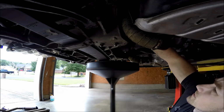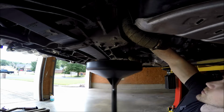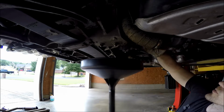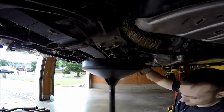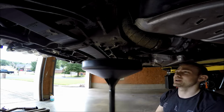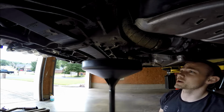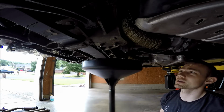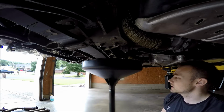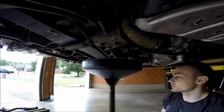So that's what I got. I got Dexron 3 to replace it with. And I can't remember what the Royal Purple stuff was. It was like Royal Purple 7590 trans fluid or something. It's just too thick. It doesn't work. So tired of it, and I've got to put trans fluid in it anyway, because whenever I disconnected the trans cooler lines, a whole bunch of it leaked out. Probably a quart, maybe more, leaked out. So I'm just putting regular old Dexron 3 back in it